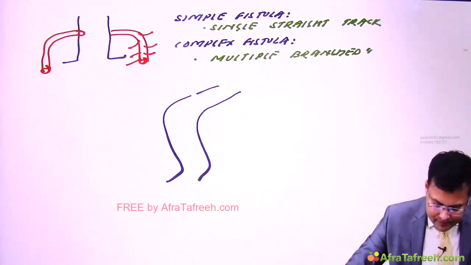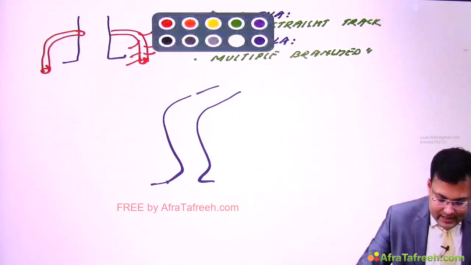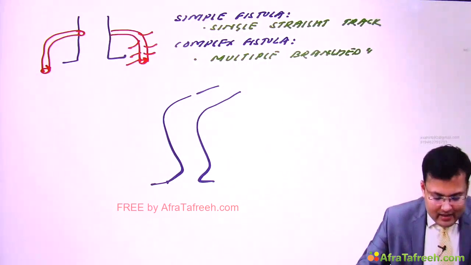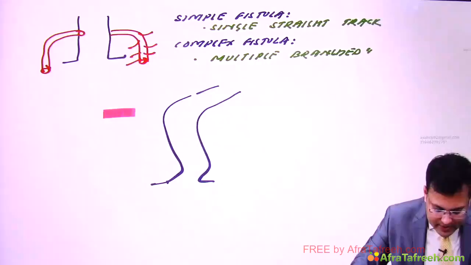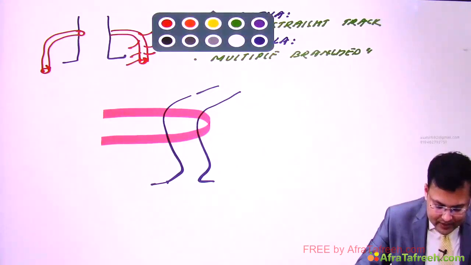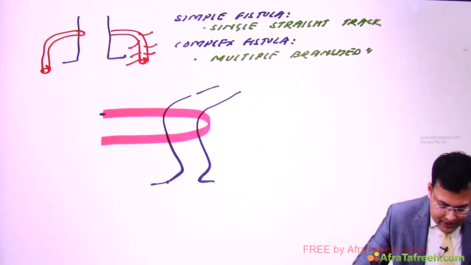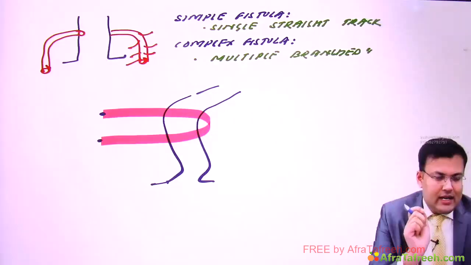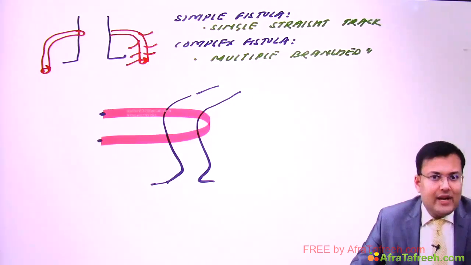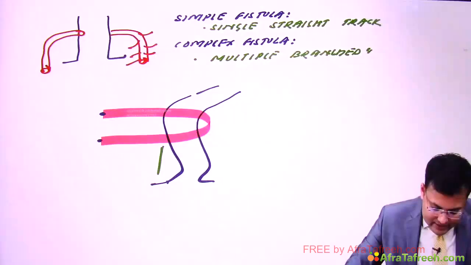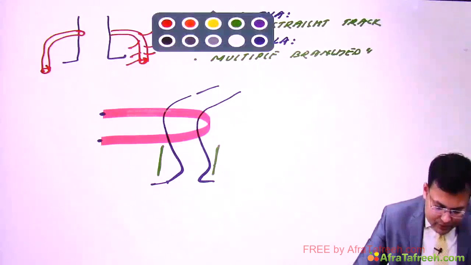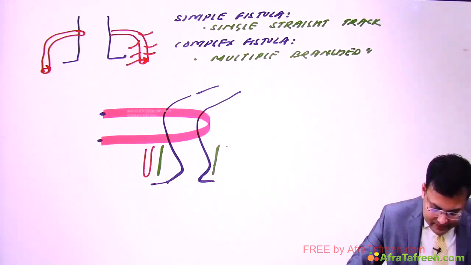So you can see here that this is the rectum, and this is the anal canal. There is the anorectal angle, and you know there is a muscle which forms a sling around this anorectum. What's the name of this muscle which forms a sling? This muscle is attached to the pubis and forms a sling around the anorectal angle. So this is puborectalis. The second component is the internal anal sphincter, and the third component is the external anal sphincter.